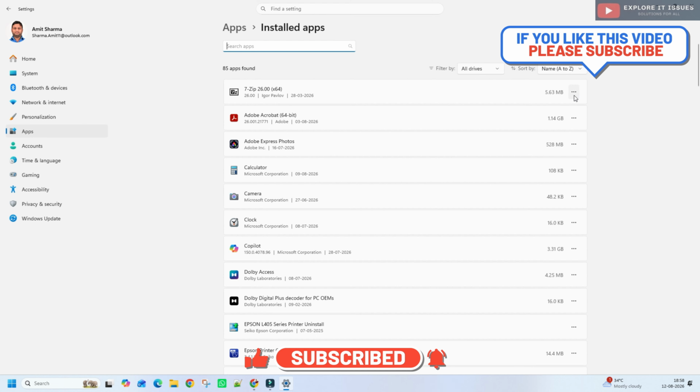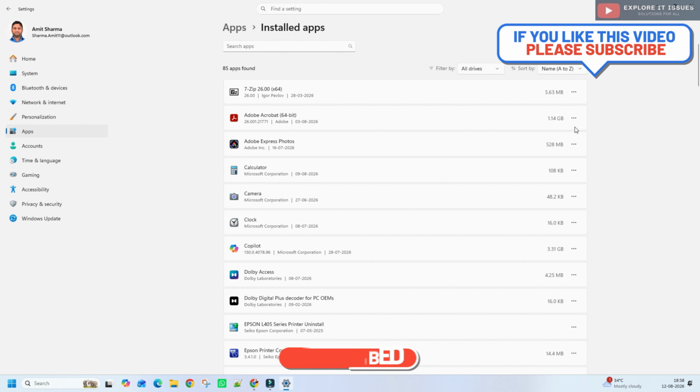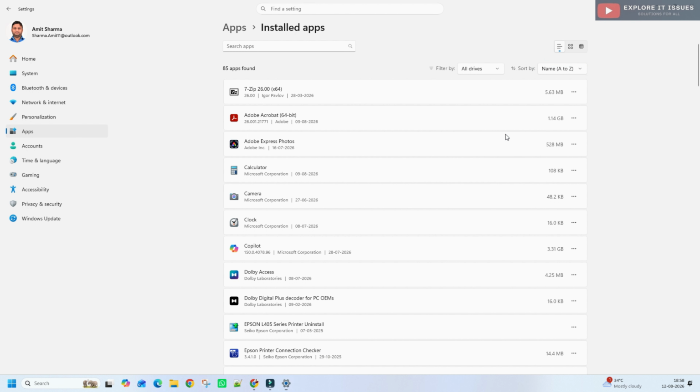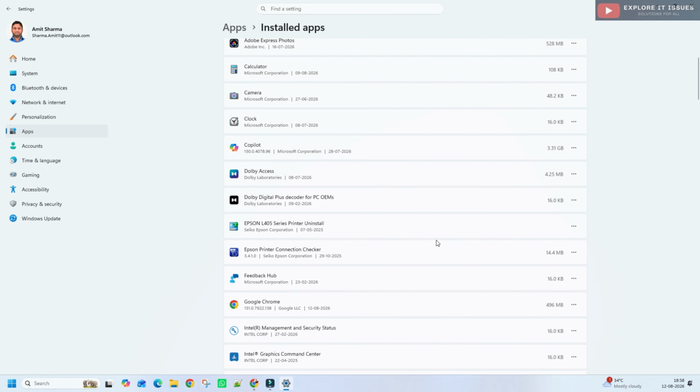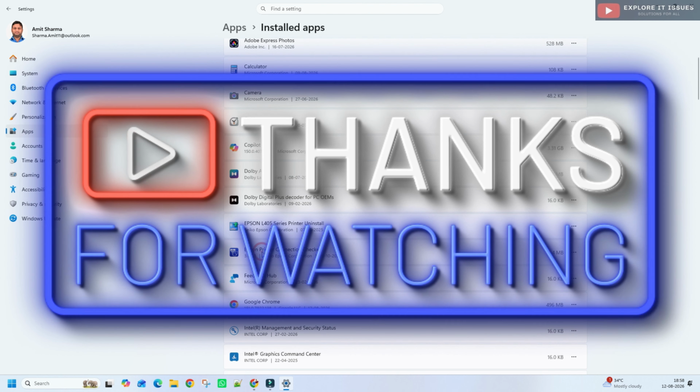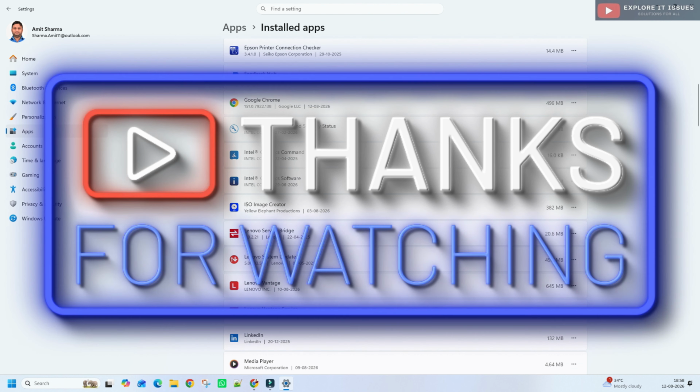I'll just show you something here, other applications may provide a modify option or something. See, this is an Intel graphics application. So just go to Advanced options and here you can go to Repair or Uninstall.